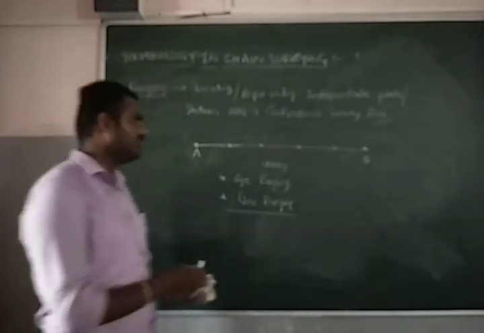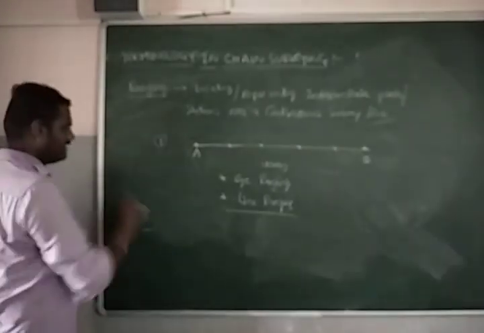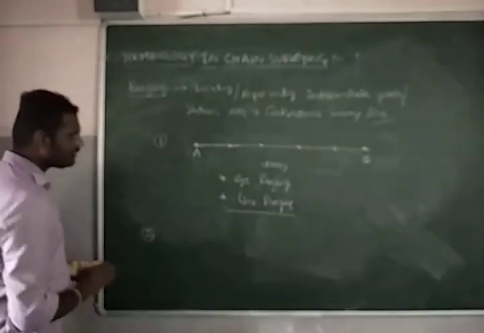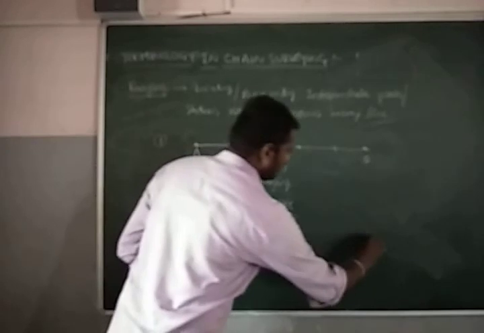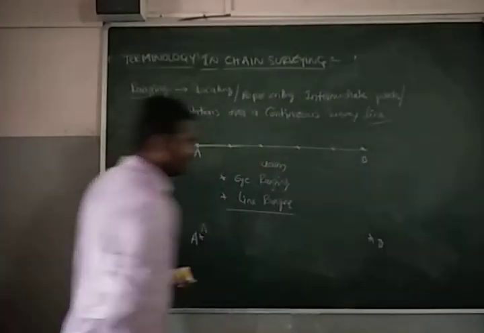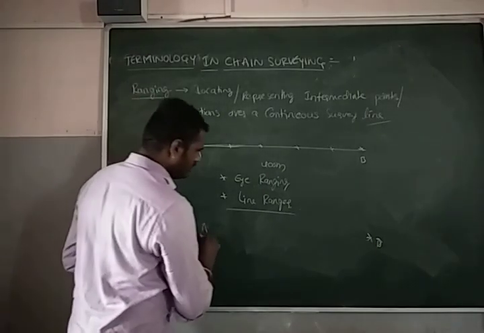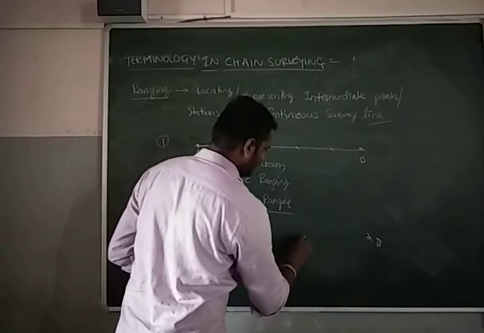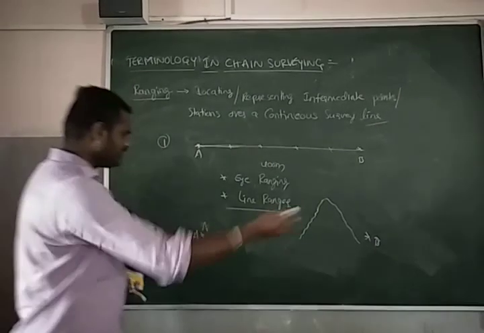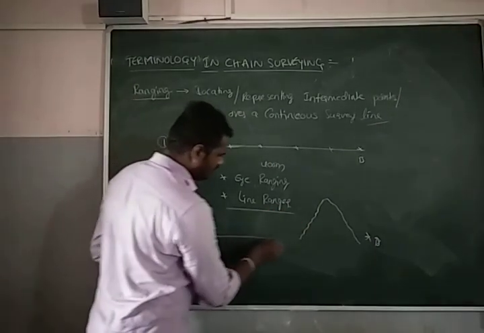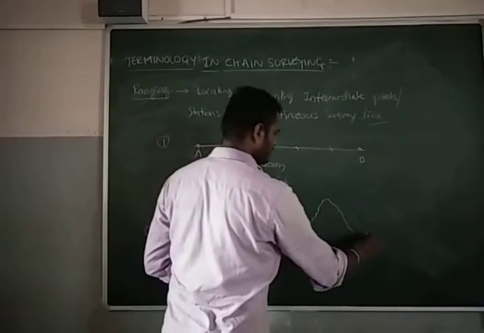Next, let us consider the second case. This was the first case. In the second case, I am going to measure between two stations, let us take A and another station somewhere else, that is B. And now the problem is, from A you are going, no problem at all, but somewhere here we have a big hill. You can measure the distance up to here, no problem, because you don't have any obstruction. But measuring the remaining distance is the question mark.